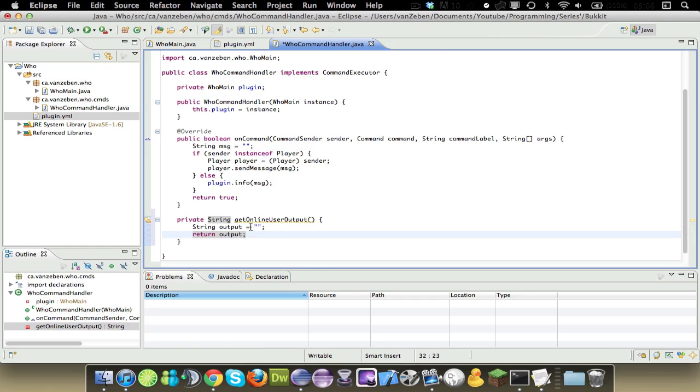Now what this function is going to do is it's going to create the online list, and it's going to send it back to here. So to call that here, we're going to do this dot get online user output like that. So now the message will be equal to whatever we do in here. So it's still equal to nothing right now, so we're going to put something in there. So we're going to say online players, and then we're going to have a little listing of how many are online. So we're going to say